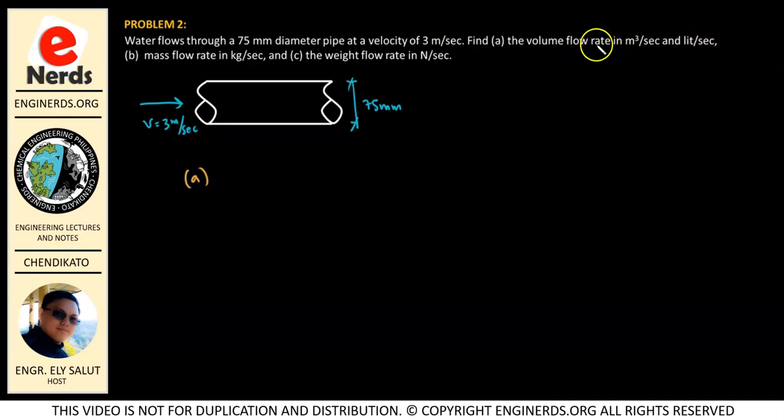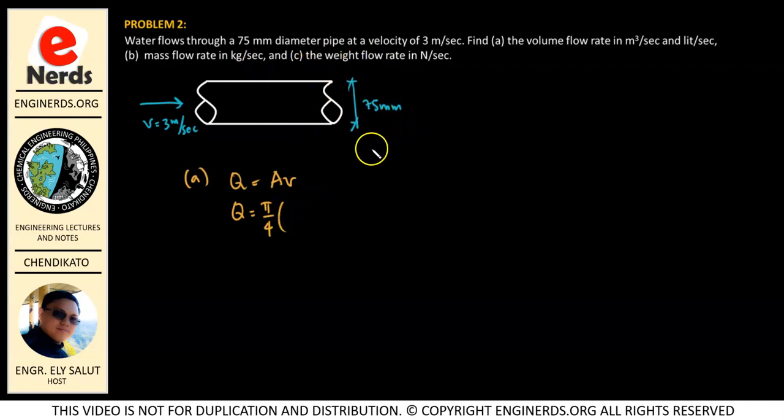Then we will convert it to liters per second. So our Q is equal to cross-sectional area multiplied to the velocity. So our Q is equal to pi over 4 multiplied to the diameter of our pipe here, which is